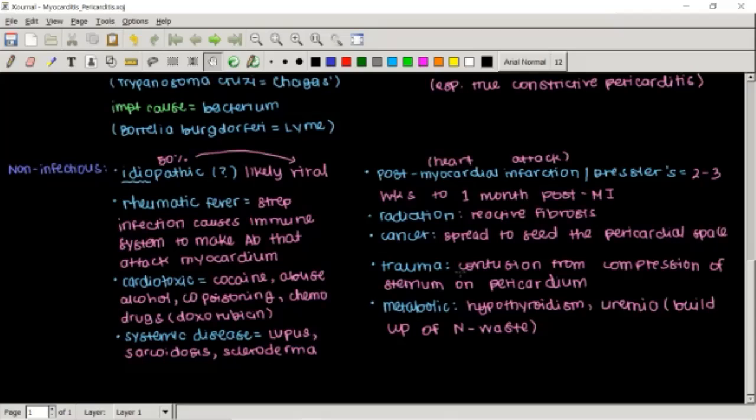And also we have hypothyroidism, which is when the thyroid doesn't work correctly, and uremia, which is buildup of the waste